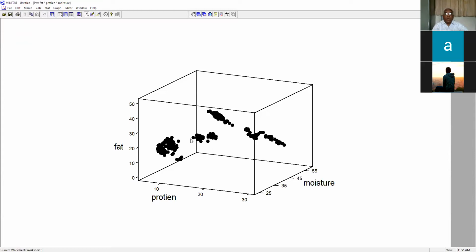This seems to be 1, but it is not 1. This is one cluster. This is another cluster. Here is another cluster. So when we go for more data, when we go for more brands, some data points may get mixed with each other.